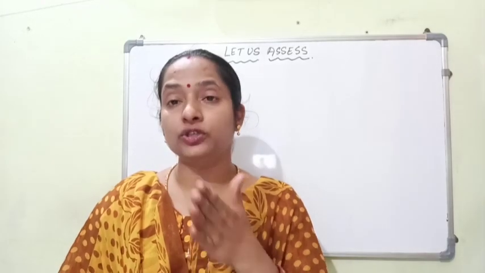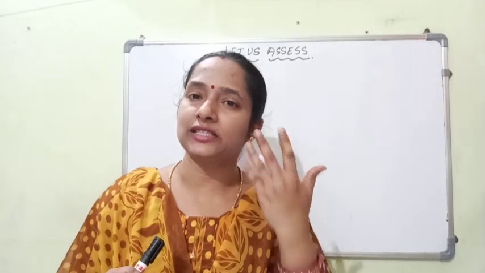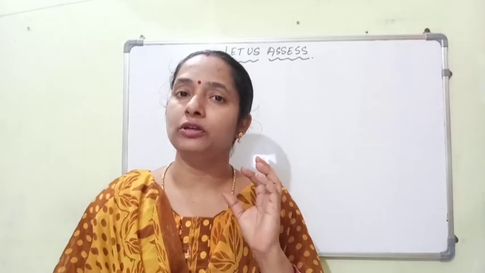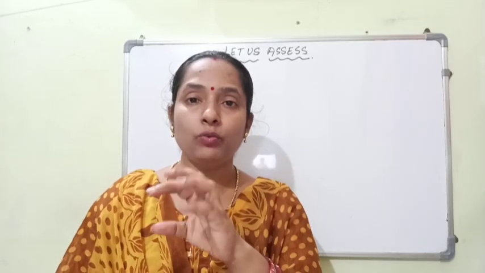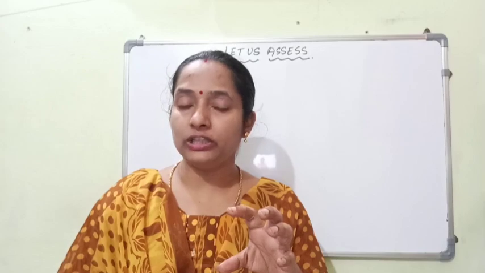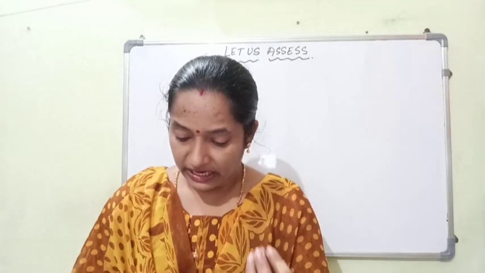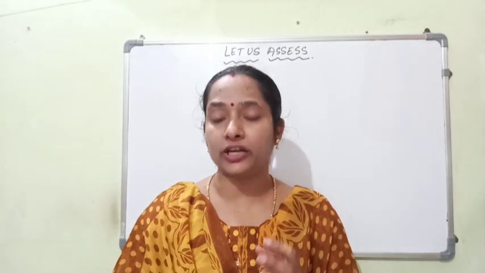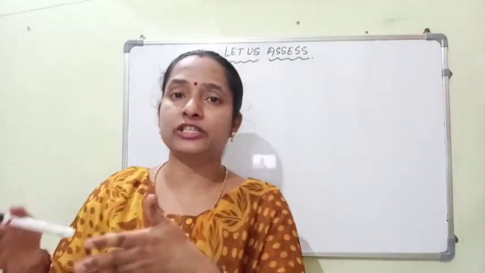Then comes question number 9, where it is given that two strings of length 285 and 345 are to be cut into small pieces of equal length. See children, we have already discussed the same thing yesterday. First of all, whenever any story sum or word problem related to LCM and HCF is given, you have to be very careful to collect the keywords first. So here, while going through this question itself, we came across the lengths of the two strings, 285 centimeter and 345 centimeter, which are to be cut into small pieces where every piece should be of equal length. Equal length. This means again the concept of equal distribution is coming.